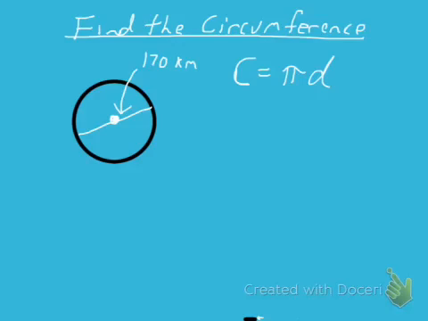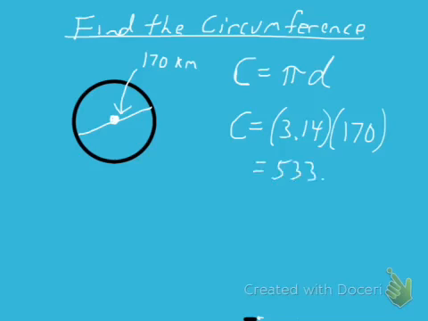But since we're given the diameter in this one, I want to use this formula. So C equals, fill in what you know, pi is 3.14. The diameter is 170. Just put it in your calculator and multiply 3.14 times 170. And you get 533.8